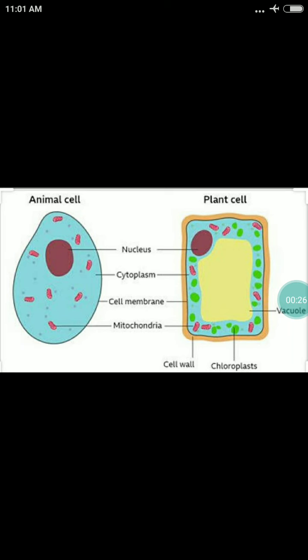All plant and animal cells consist of three basic parts: cell membrane, cytoplasm, and nucleus. The cytoplasm and nucleus are enclosed within the cell membrane, or otherwise called plasma membrane. Cell membrane is a thin outer covering of a cell. It is a porous membrane and allows movement of substances both inward and outward.